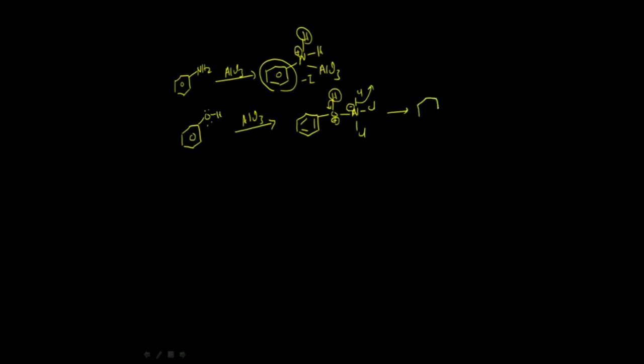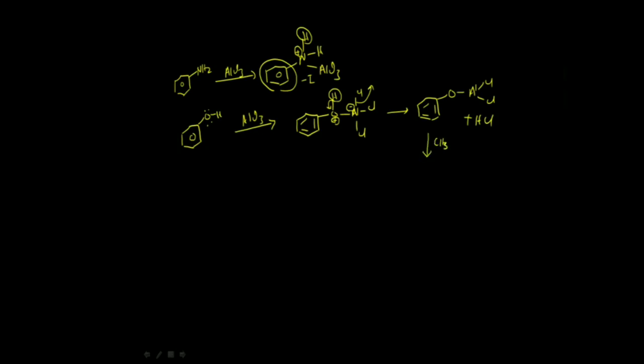As a result, it becomes again a very strong electron donating group: oxygen, aluminium, Cl and Cl. One of the side products in this case is HCl. But for aniline, the loss of HCl becomes very difficult because aniline is slightly more basic when compared with phenol, so the conjugate acid is a very weak acid. But in this case, the conjugate acid is a stronger acid that releases an H plus ion along with a Cl minus ion. So here the further substitution takes place.